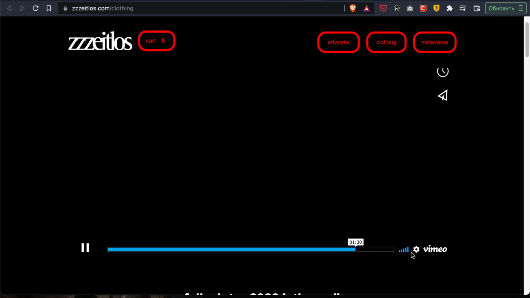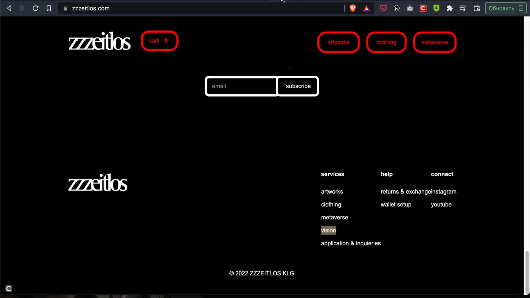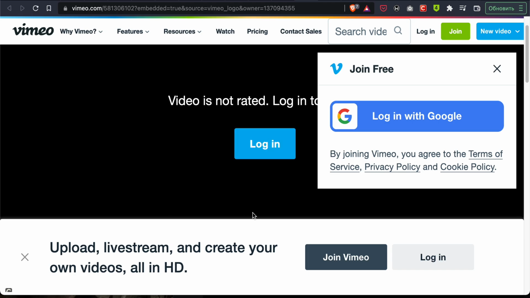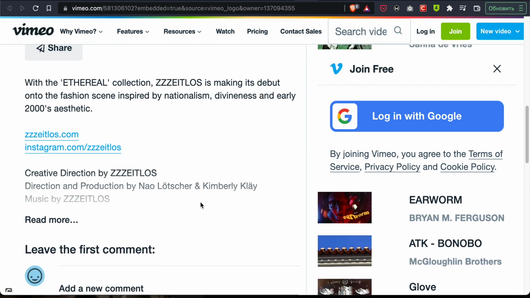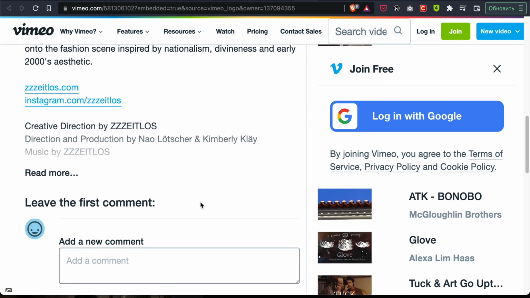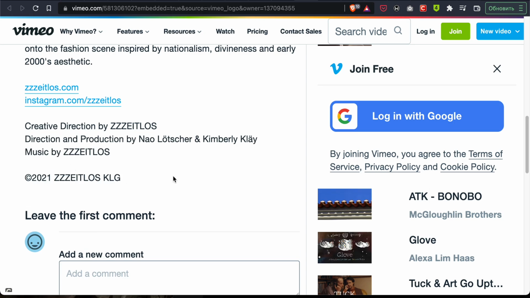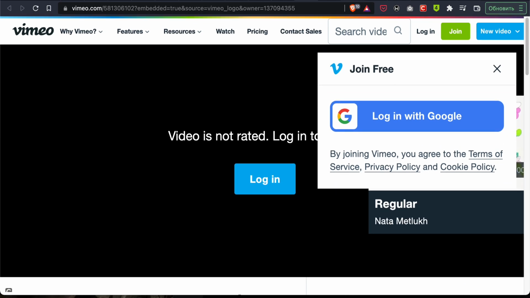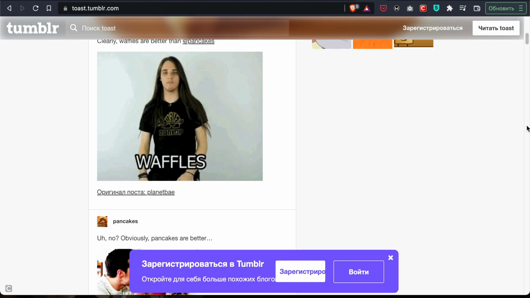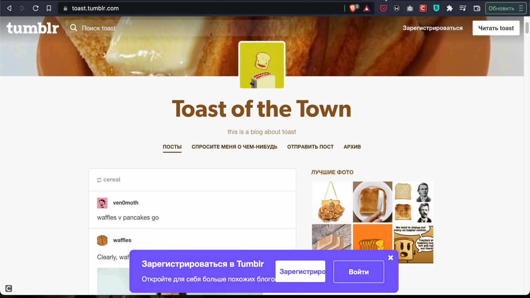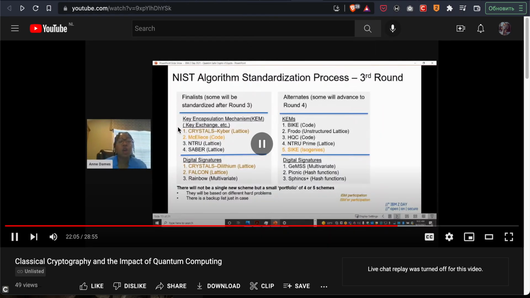So what's happening with the NIST standardization process? Today they are in round 3. They have been evaluating algorithms that have been submitted by the technical community, and they are down to the finalists. They have 7 finalists and 4 alternates, and they're focused really on the public key type algorithms. One thing that's really great is that IBM has been participating in this process. There are a number of finalist algorithms in which IBM has participation, either an IBMer individually or